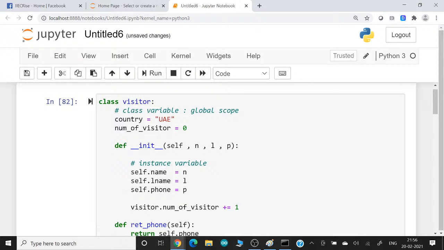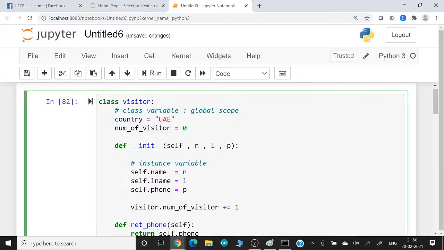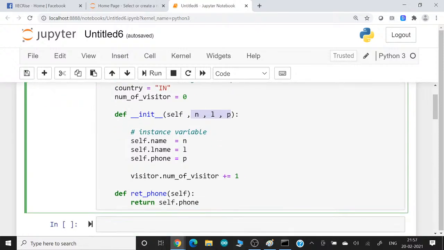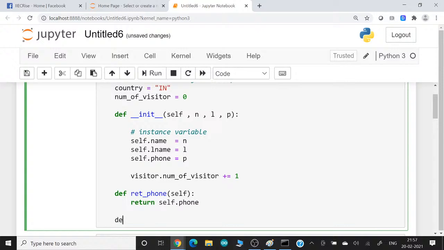Let's say this is the visitor form we have created. In my company's plan, almost everybody who comes into the company will serve India as a region. And initially, because we are still planning, we don't have any visitors, zero. But whenever they come, I will always ask 3 things from them: name, last name, and phone number. And we give one benefit to these guys: if they want to know their phone number, they can retrieve it. Or maybe let me create one more function, where they want to retrieve their full name. So they will pass their namespace, and I will return their name